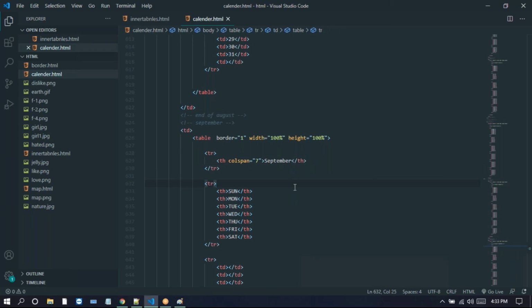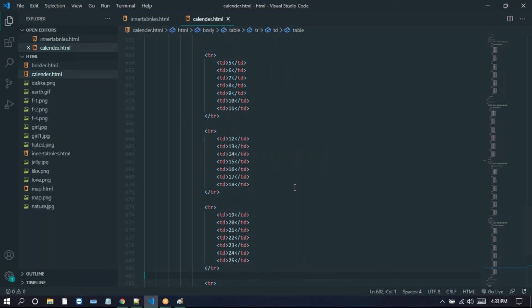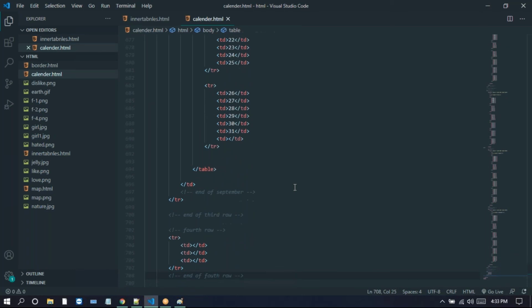In the last row, we have October, November, December. So this is the fourth row, right? So here we have October. So here October. So end of this October here. End of October.